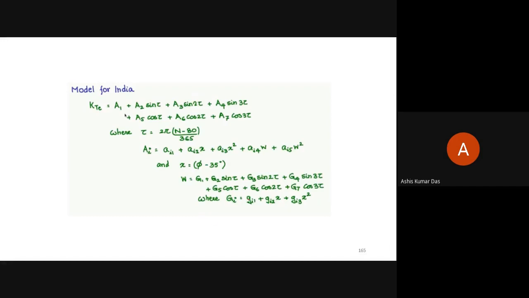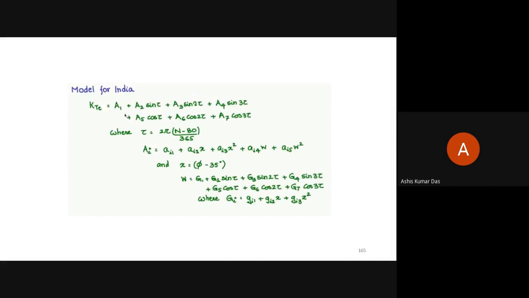So at first, for a given latitude, we have to estimate this portion of the water vapor content, because we need to know the latitude and the day number. By using the day number, we can find the tau. From the latitude, we can find the value of this one, that is your coefficient. Then the water vapor content can be estimated from the equation. Then this can be plugged in here to define the Ai.